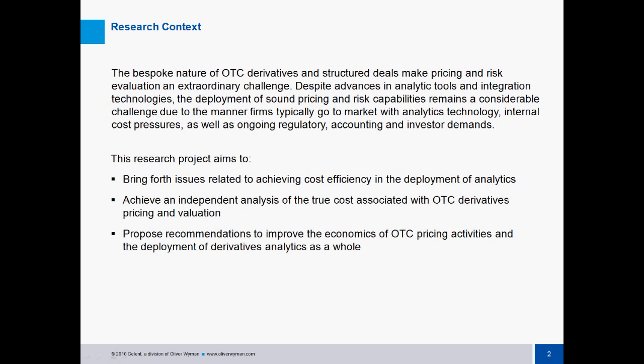We aimed to bring to the forefront issues related to cost efficiency in the deployment of analytics, provide an independent analysis of the true costs of OTC pricing and valuation activities, and finally suggest recommendations to improve the economics of getting analytics to market in an effective and cost-effective manner.